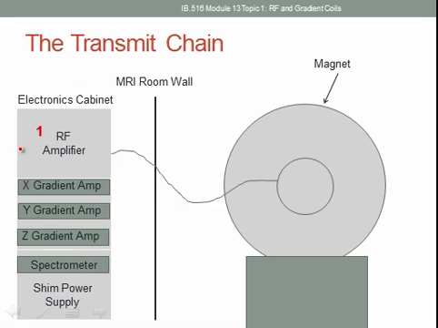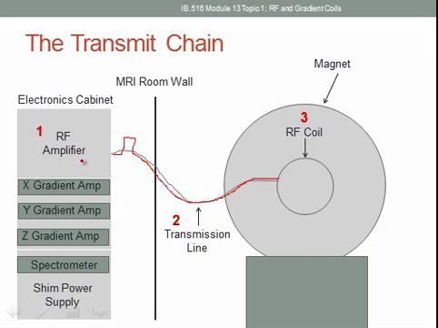First, the thing that happens when we transmit power, of course, is that we, being the operator who is controlling the spectrometer, tell the RF amplifier to send a pulse down the wire that's connected from the amplifier to the wall and then to the coil. This pulse travels down the transmission line and into the coil. The transmission line has its own impedance,